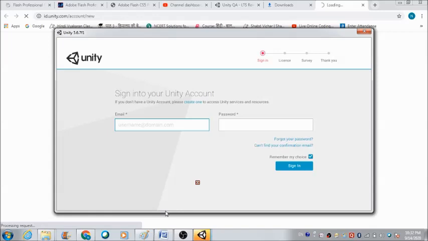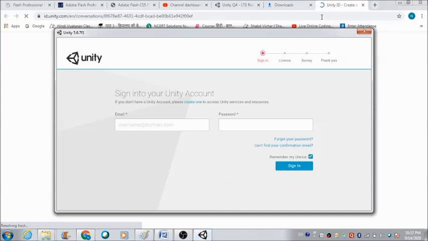Now here you need to come to this create one option that is there in blue color. You need to click on this, and automatically you will get redirected to this page of the Unity website.